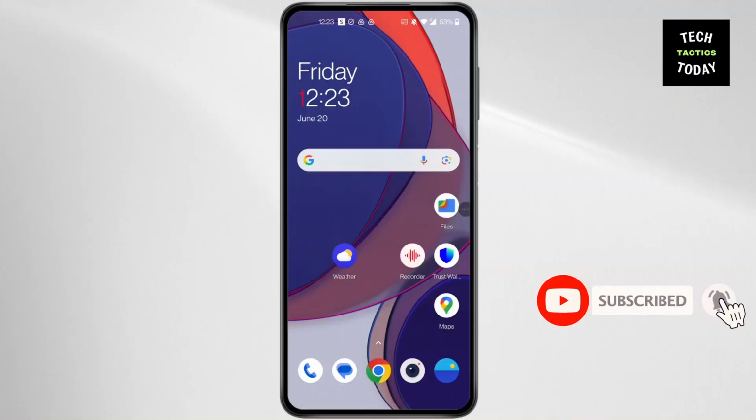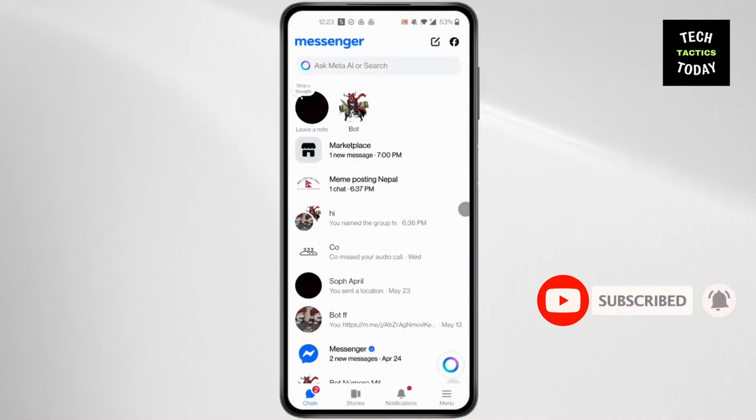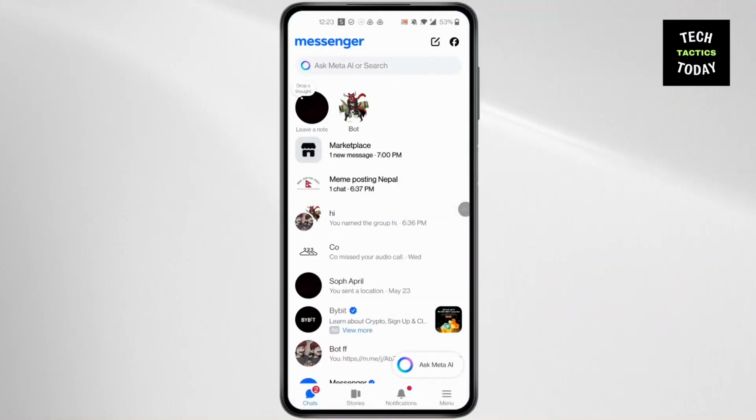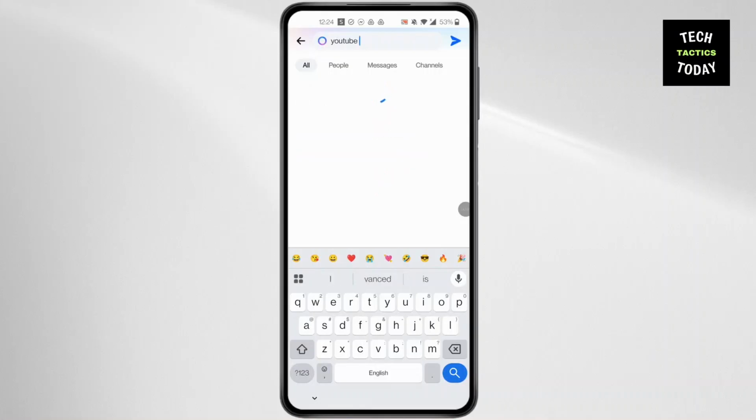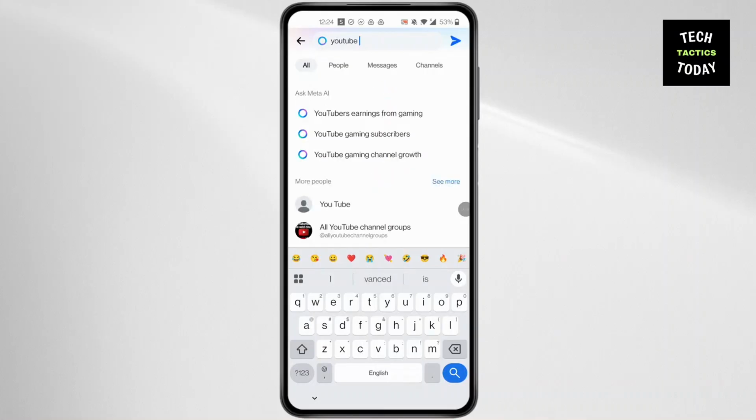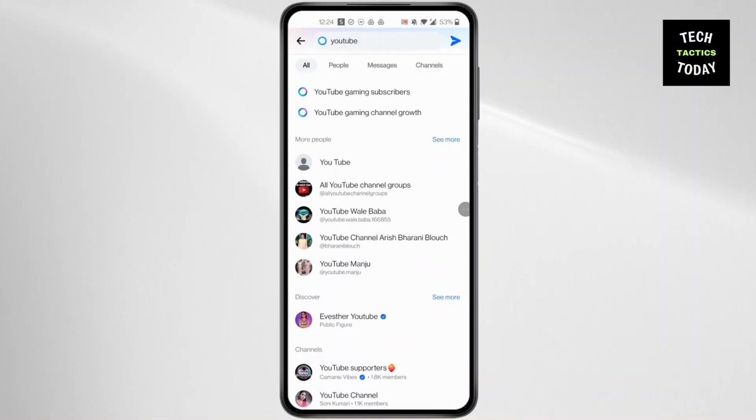First, open Messenger on your device. Click on the search bar at the top in the Messenger app and search for your group name. If you find your group name in here, simply click on it and you'll be able to view all the